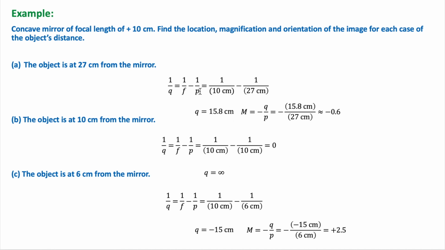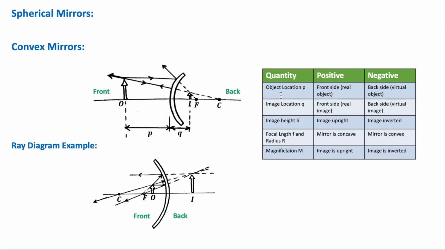So we find Q from this equation to be 15.8, and the magnification, which is minus Q over P, equals about minus 0.6, okay? So as you can see, the absolute value of m is less than 1. So it means that the image is smaller than the object, okay? Also, the negative sign of m indicates that the image is inverted. And because q is positive, it means that the image is located at the front or real side of the mirror. So the image is real, okay, as we have discussed in this